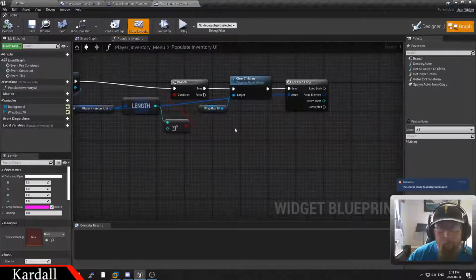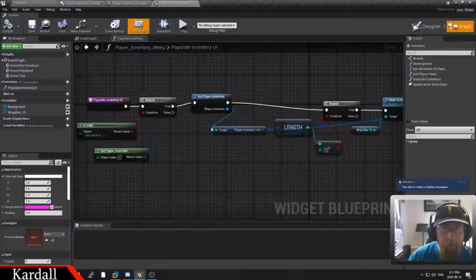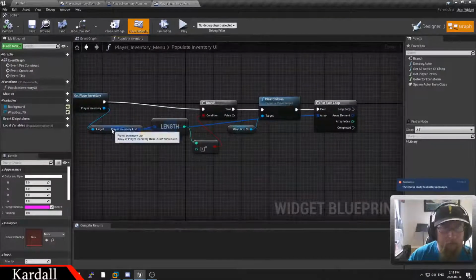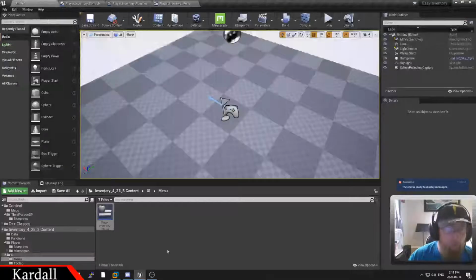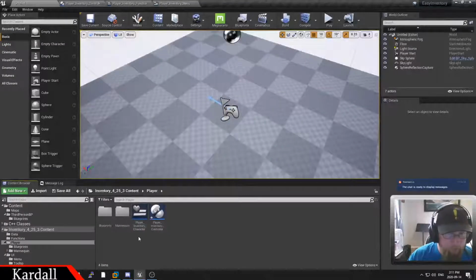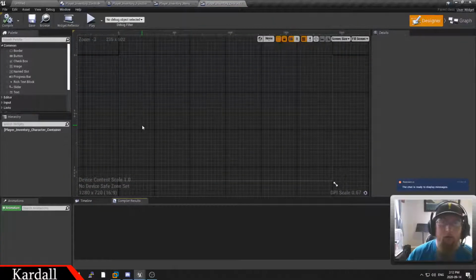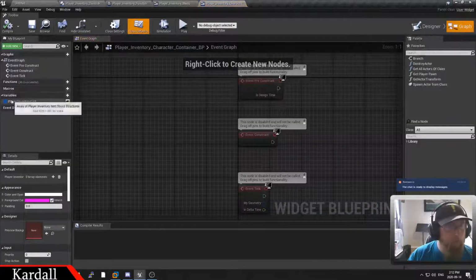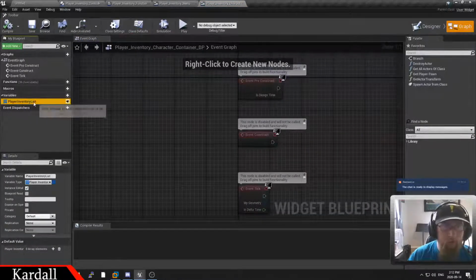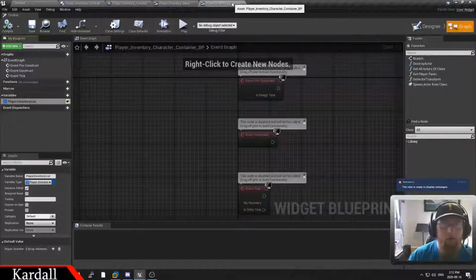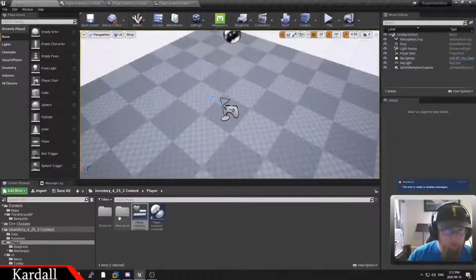So we've got a populate the list of things, player inventory, and it's clearing the inventory itself, the player inventory character. This is a widget because I need certain containers and stuff for these things. Its only purpose is to have this player inventory list right now, and it's just an array of this player inventory structure. Now each one of these inventories,